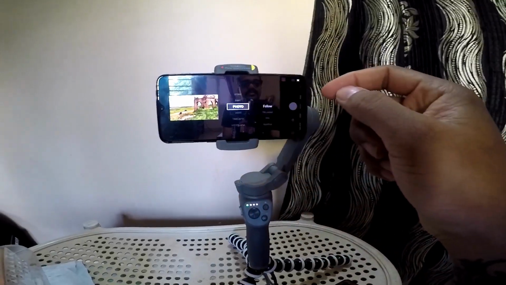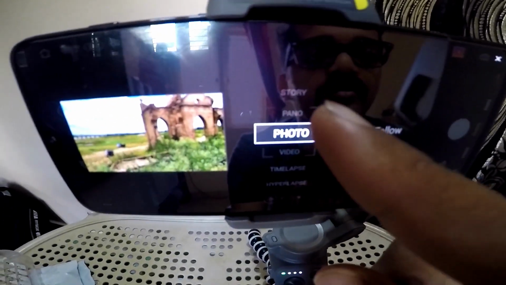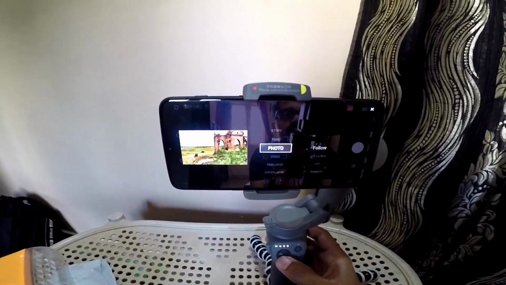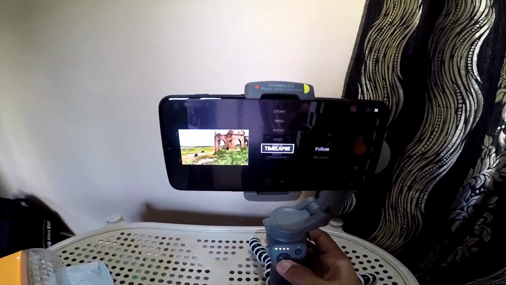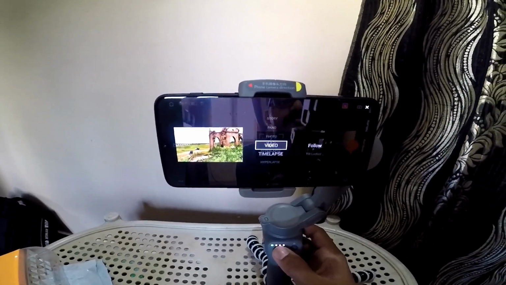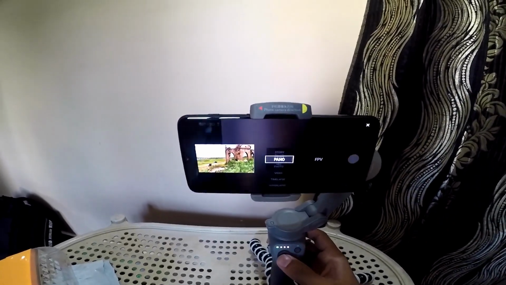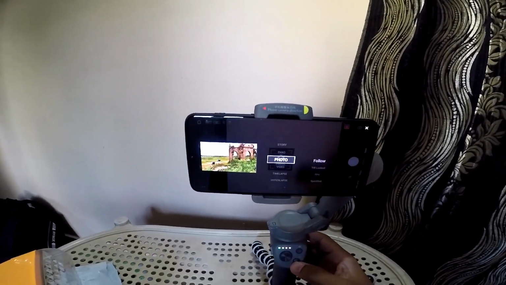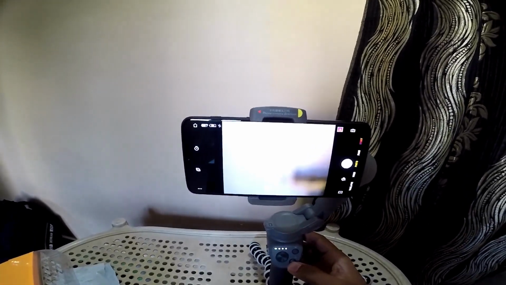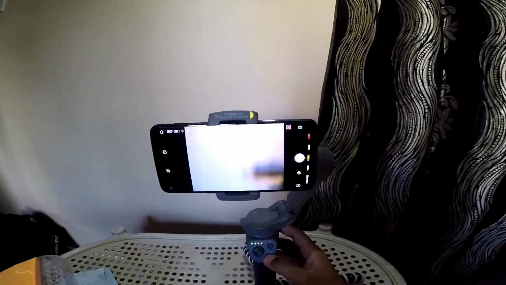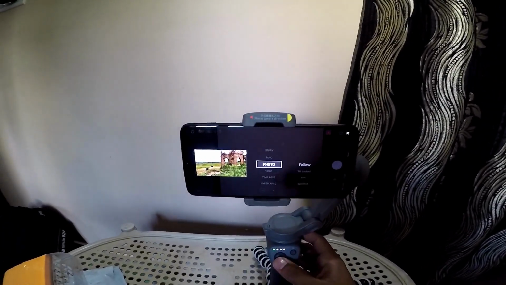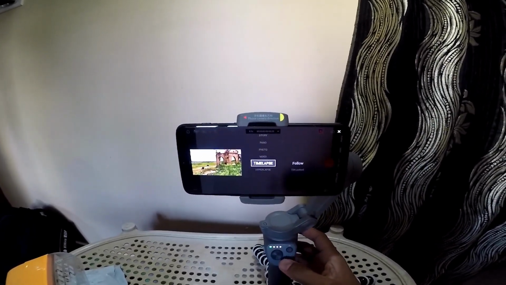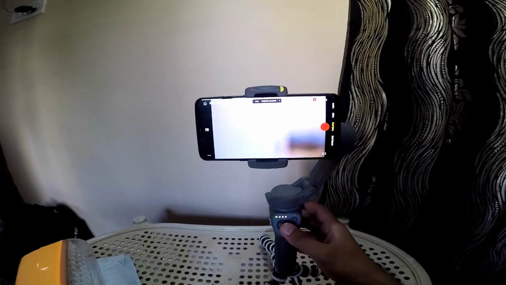yes, look at that. I'll show you a close view. There are different options here. By joystick I can move left, down, down, down, down like this. So now it is in pano. Photo. If I click on M, that will select. Then again if I click on M, again options will come, video or time lapse. Select M, then that will go to there.